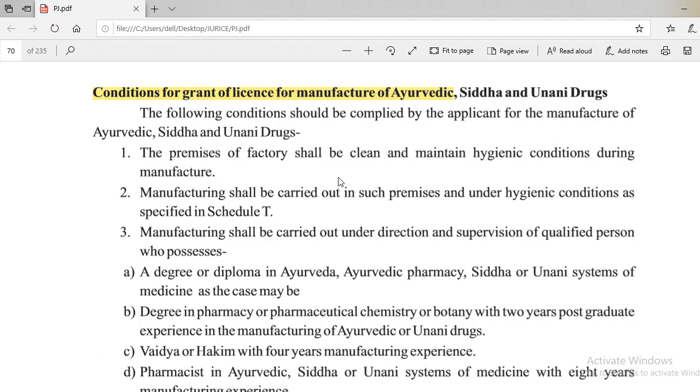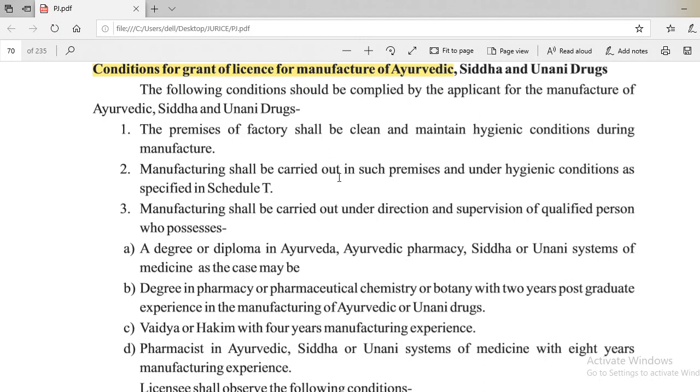So first and most important is the premises should be clean and hygienic. Then manufacturing shall be carried out in such premises under hygienic conditions as specified in Schedule T. So as we have already seen various schedules, in Schedule T they have mentioned how the premises should be, how the hygienic conditions should be. That is given in Schedule T. Okay, then manufacturing shall be carried out under direction and supervision of a qualified person who possesses